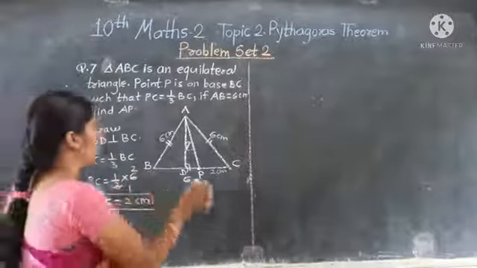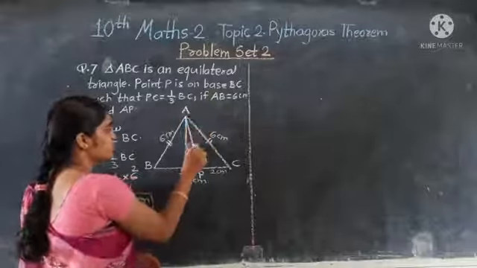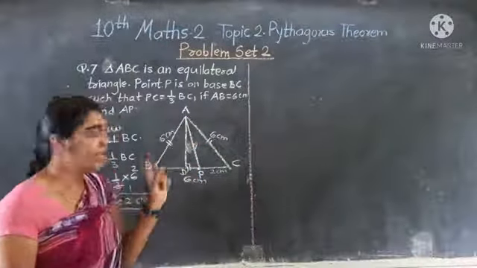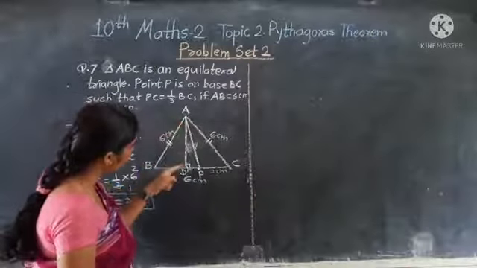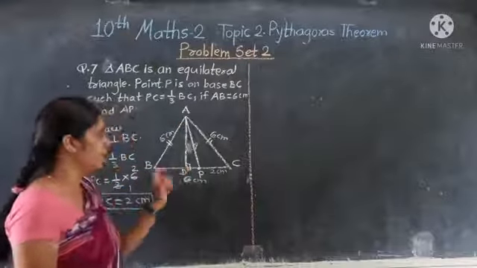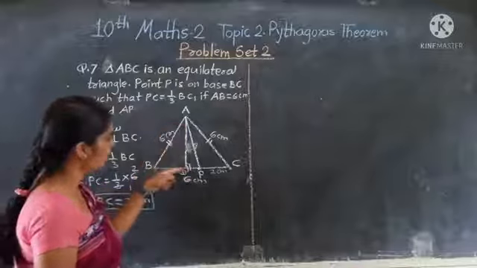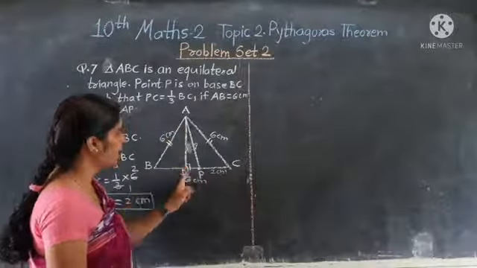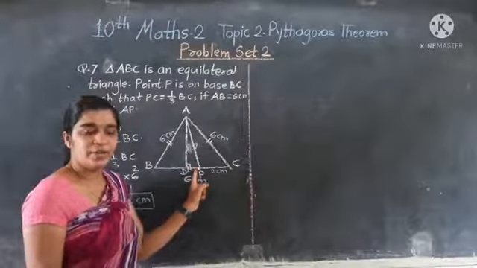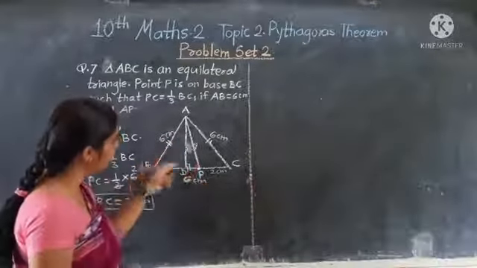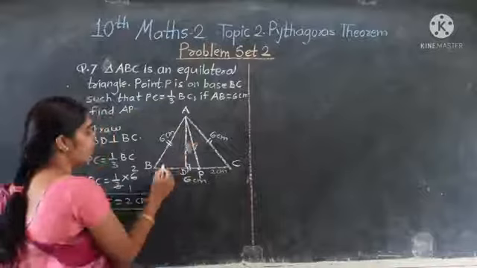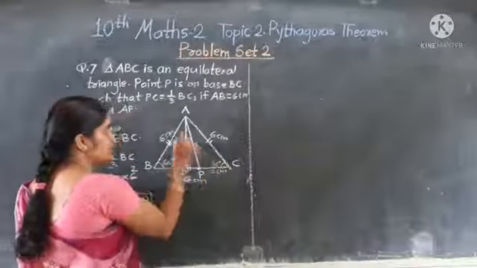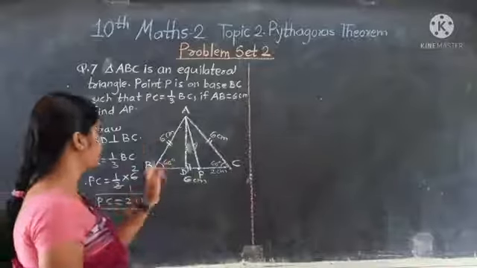How do we find AP? Here we use the Pythagoras theorem for finding AP. So we must know AD and DP. So we find first AD and then DP. How to find it? It is an equilateral triangle, so this is 60 degrees. It is also 60 degrees, so it becomes 30 degrees. See,